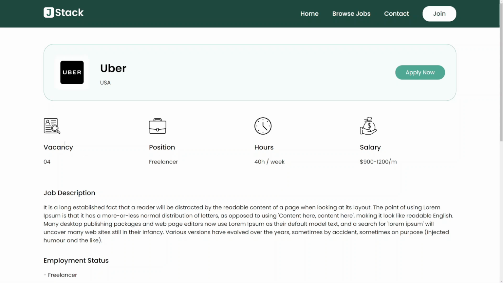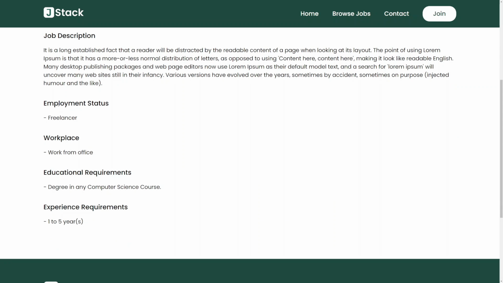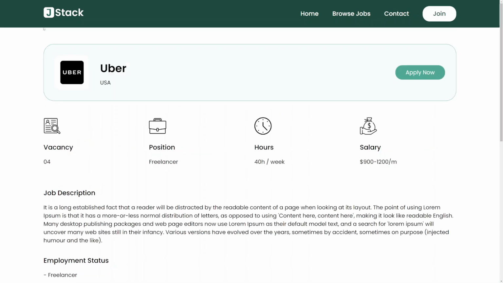And underneath this section we have some details about vacancy, the position, hours, and salary as well. And underneath it we have our job description, our employment status, workplace, educational requirements, and experience requirements as well. Now let me go back,